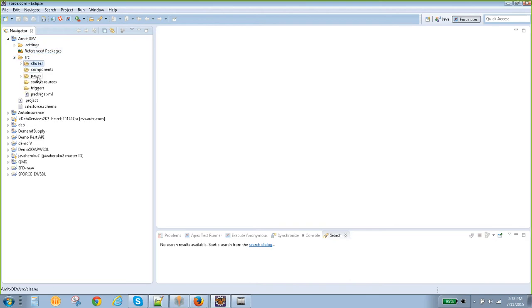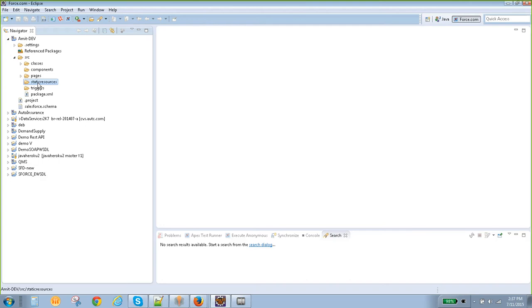See here, classes, pages. Pages are nothing but Visualforce pages. These are the static resources. Static resources are like, while building a Java application, if you are putting a property file or any image in some folder, same thing. Here, especially in static resources, we are adding images, JavaScript library files, CSS files, everything.